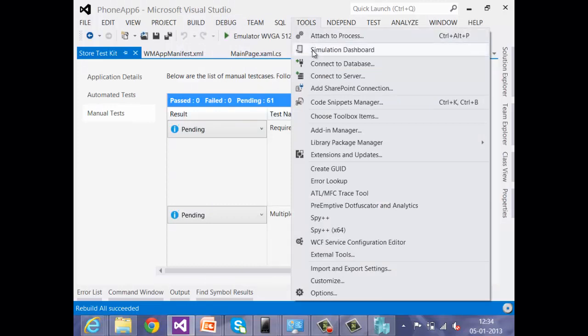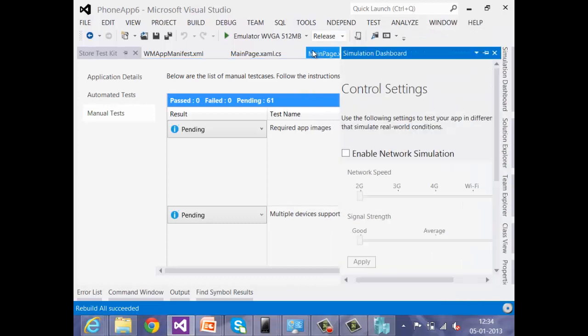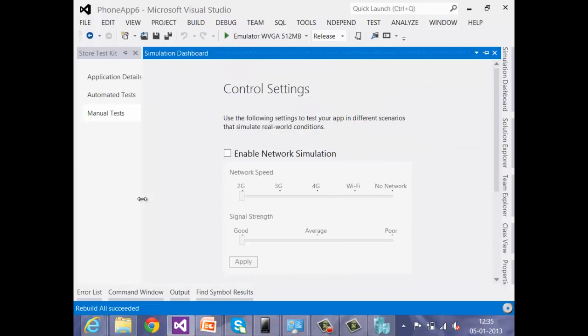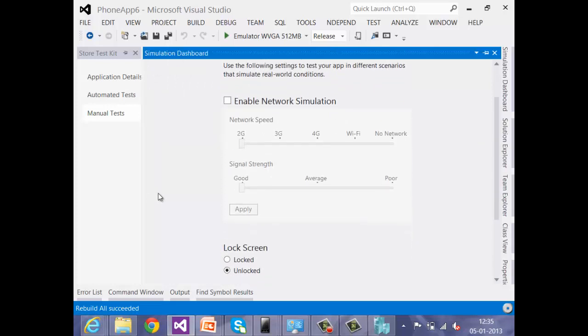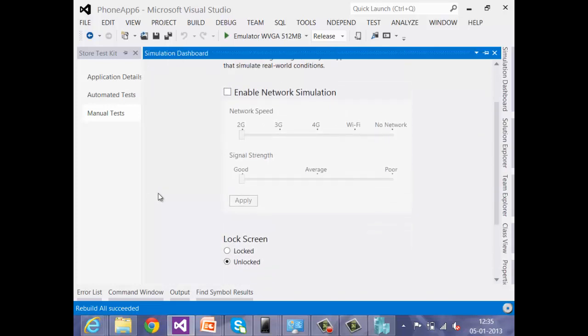Yeah, it's here. Again, within Visual Studio, I say launch. So this gives you three options. One is to enable the network simulation. I can check this, and when I'm trying to run my app, I can say, okay, currently let me test it with the 2G connection.